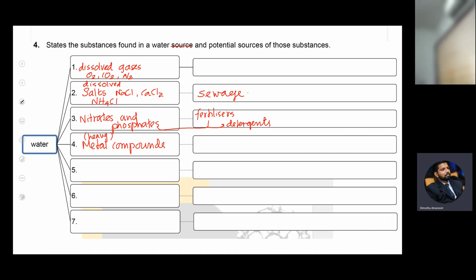Into water. For example, lead ions, cadmium ions, aluminum ions. They are coming to water reservoirs entirely because of human activity. What is that? Factories, right? Factory effluents. So these are coming from factories or chemical industries. Not only chemical industry, but also other industries as well, also metal extraction industries, metal extraction plants,